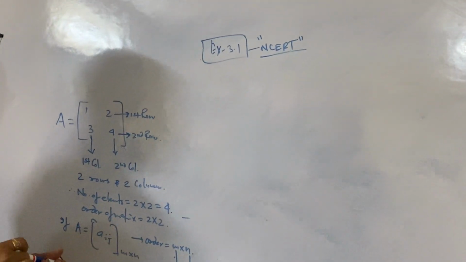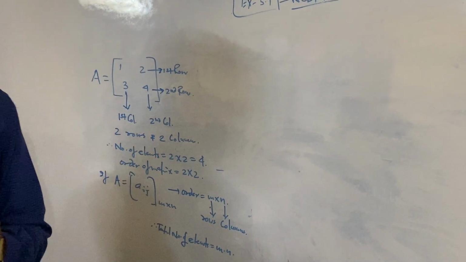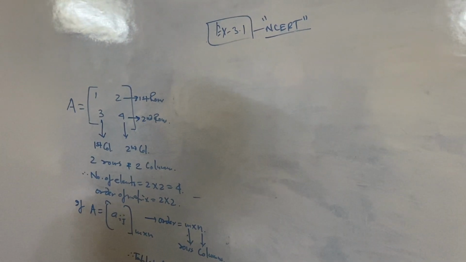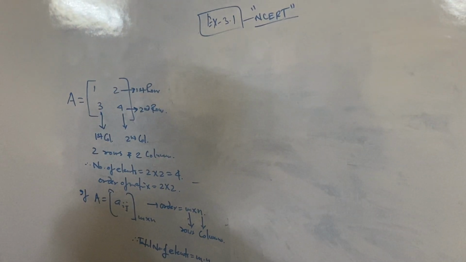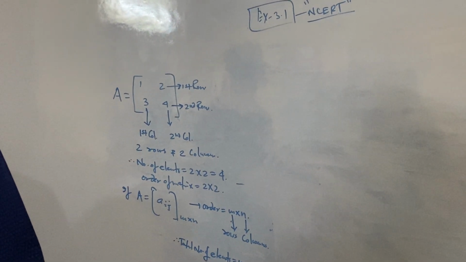What do you mean by matrix? What are the notations of a matrix? What are rows? What are columns? What is the order of a matrix? And how many elements can a matrix have? Based on this, let us do one or two sums, and after this we proceed for the further discussion.